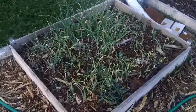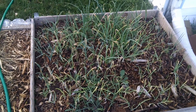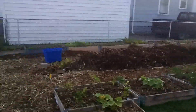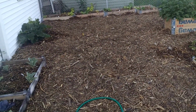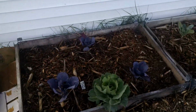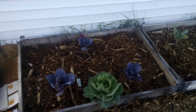My 9-year-old daughter's onion bed, she planted, that day she planted 2.5 pounds of onions, and then throughout the entire border of the garden she has also planted onions in front of every box. So we're going to have plenty. Looks like they won't be large onions. I don't have luck with that, but we'll have plenty of scallions,